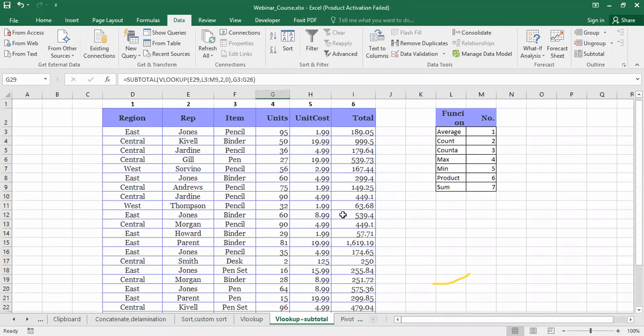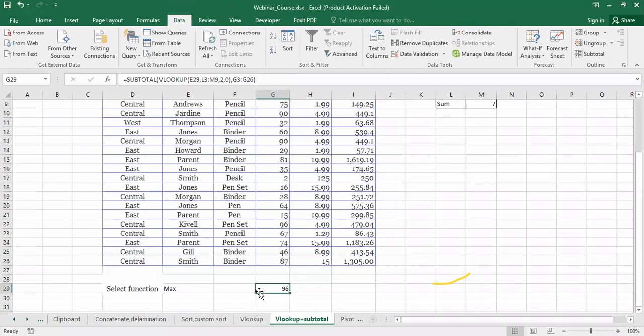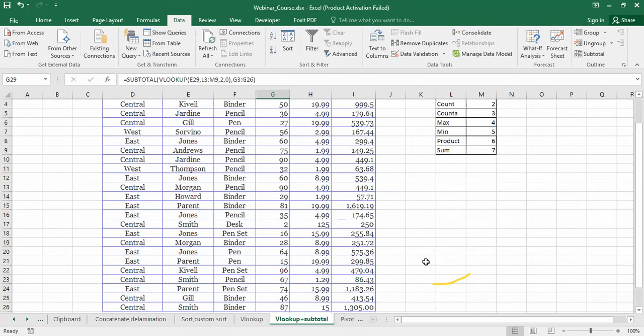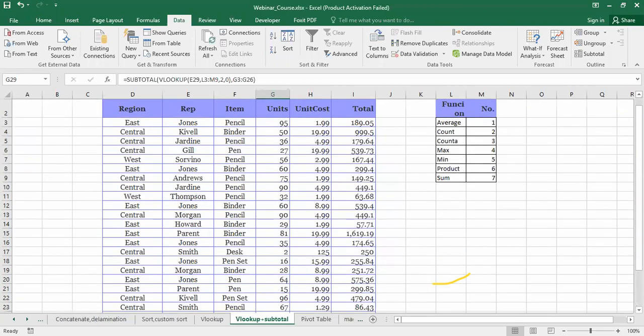So this is one way. So there are so many ways. Okay, we can see that this 96 is the maximum number out of this, and we can apply this to all the columns also. Okay, so without doing anything extra in this, we'll go to next. If you have any doubt, then you can ask me at the end.